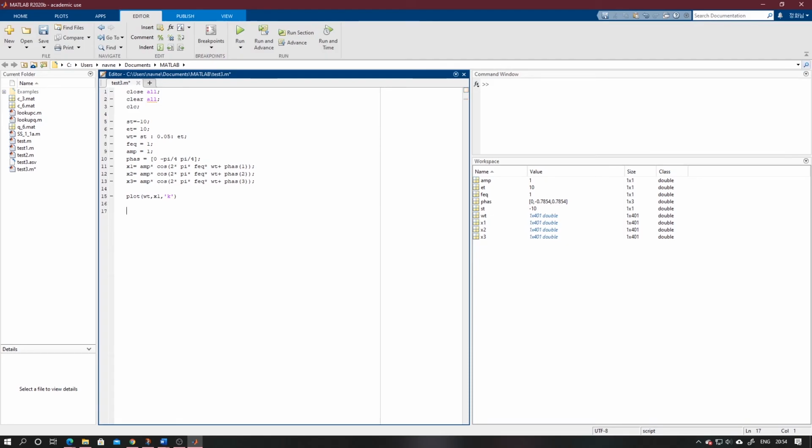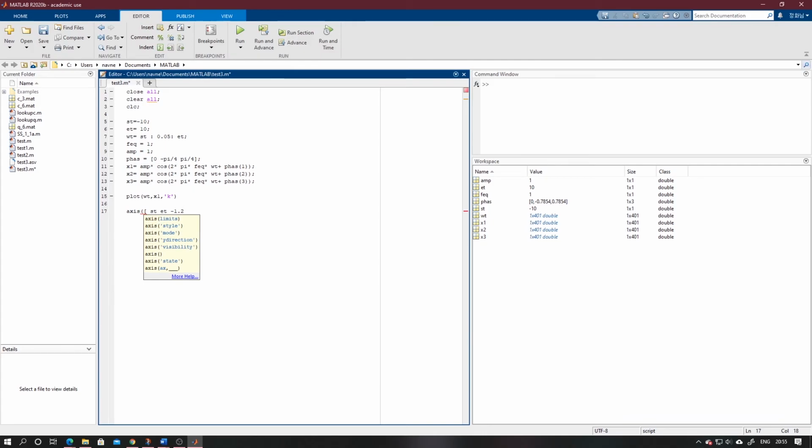Now for the axis we will define start time and end time, because it is also an array, so we need not use a comma after every value. We just need to use a space for that.